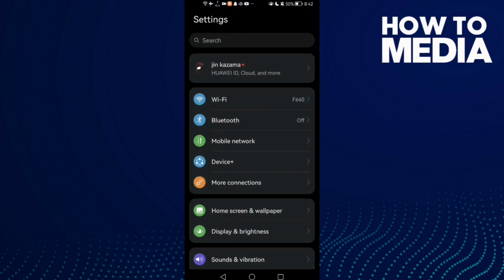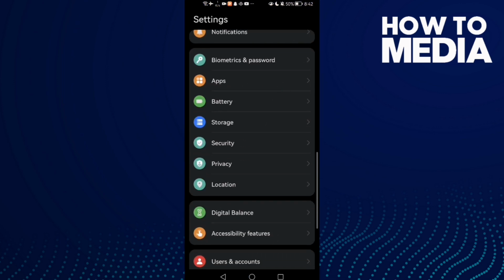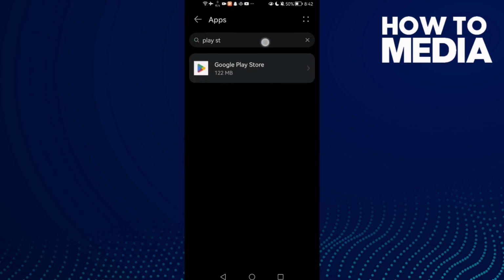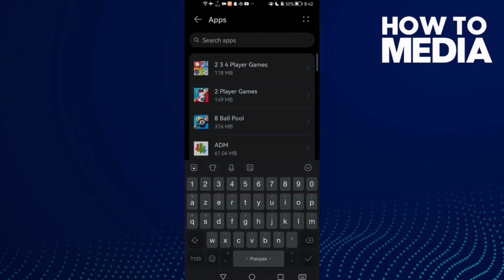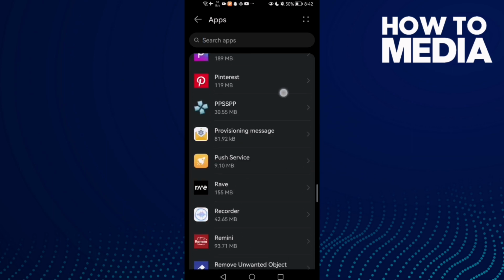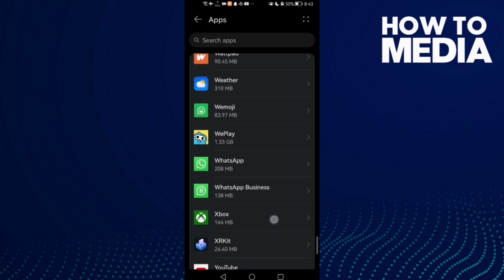First open settings and then scroll down until you find apps, click on it and now click apps again, and here just scroll down, scroll until you find this one, WhatsApp,